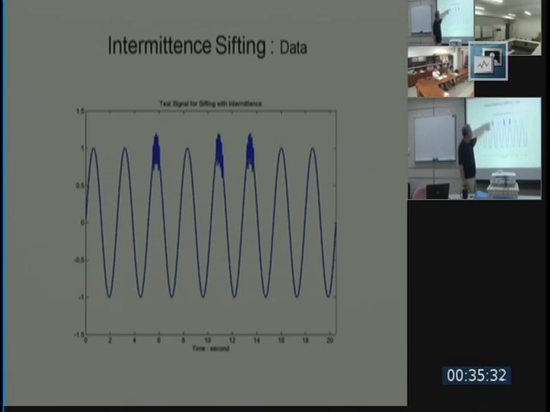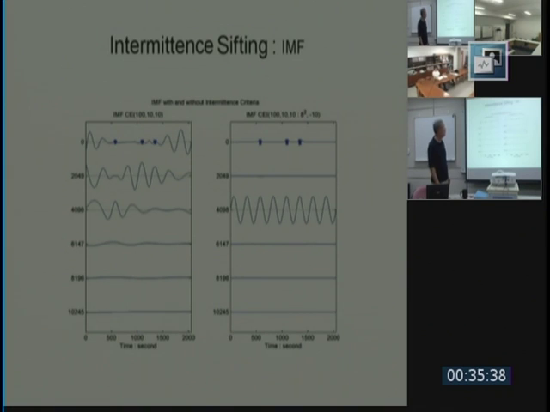So here, there are some small waves. And this small wave, if you do not take care of that, you're going to have the short waves coming out and the long waves get pushed down. And as a result, this nice wave pattern gets fragmented. And how to implement the intermittency